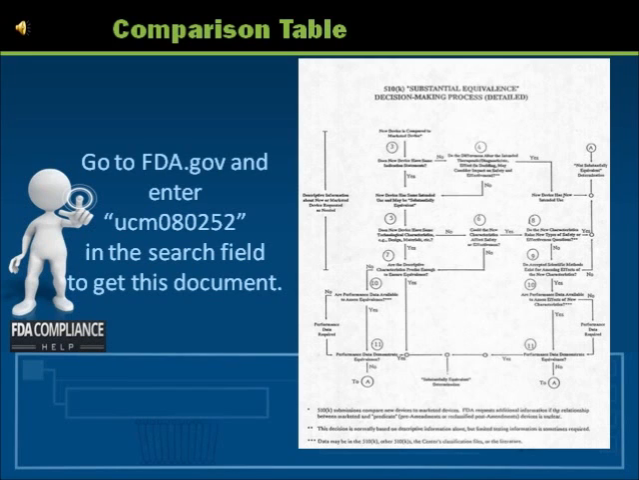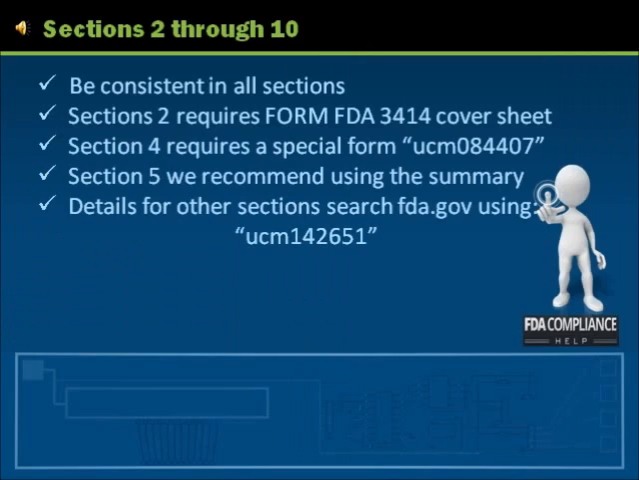Question 7, are the descriptive characteristics precise enough to ensure equivalence? If this answer is no, you will need to revise your submission to make sure the performance data submitted fully demonstrates substantial equivalence for safety and effectiveness. Once you have completed the flowchart, and sections 11 through 21 are complete to your liking, we recommend going back and completing sections 2 through 10, and be consistent in your use of terminology. What you wrote in 11 through 21 should read the same as the same topic covered in sections 2 through 10. Section 2 should include Form FDA